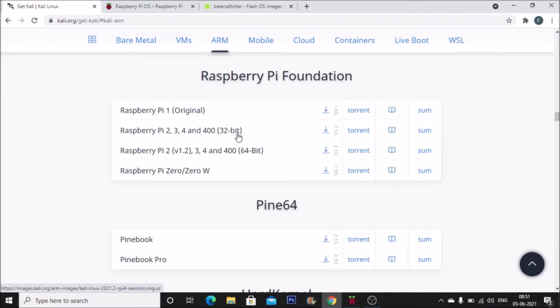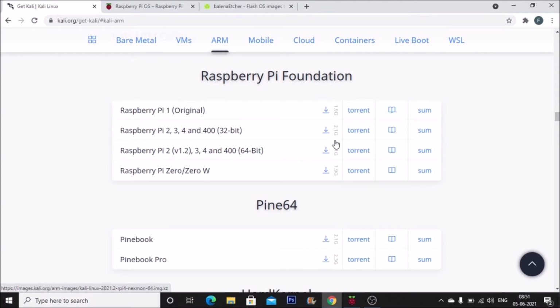If you are on a Raspberry Pi 4 32-bit, you can of course download the image for 32-bit. I am going to download the 64-bit version, so I'm going to download the 64-bit image.